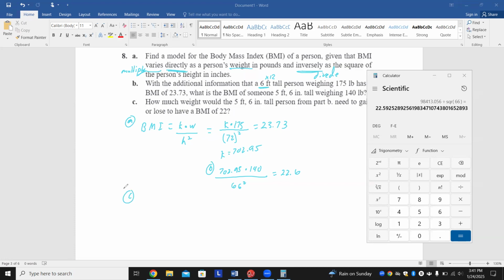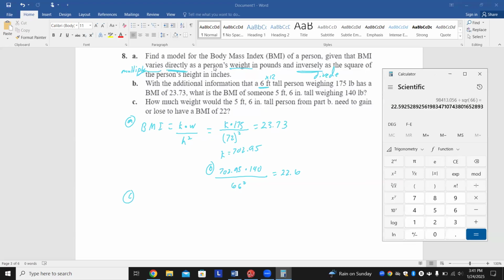And part B, need to have BMI 22. So here,